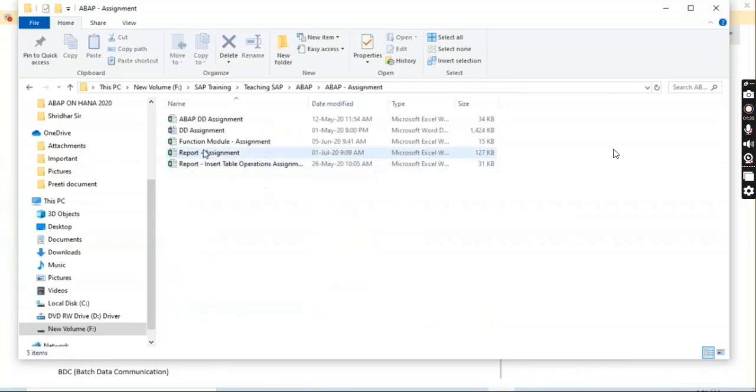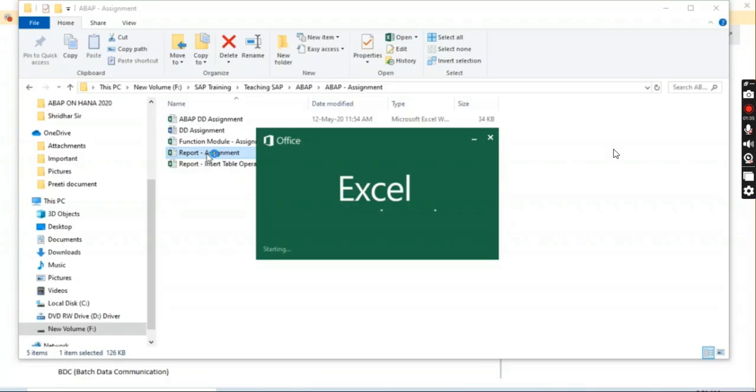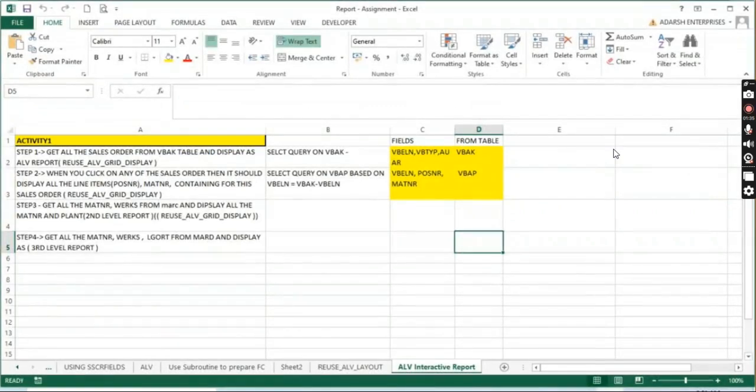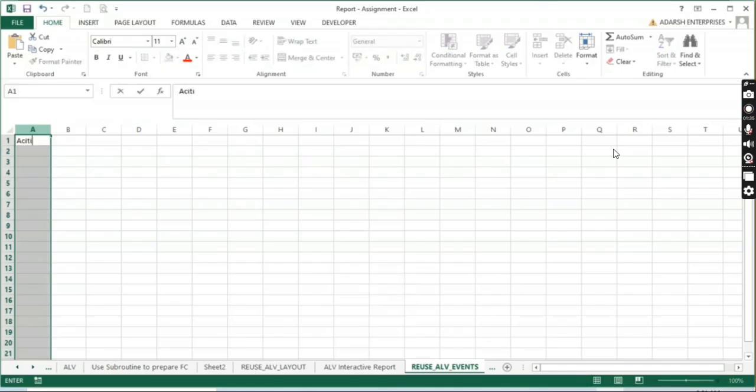BAP assignment. Come to this assignment, and this is the assignment. What you will have to do: in whatever report you have created, you have to use the event reuse ALV events. Okay, so here in activity 1,